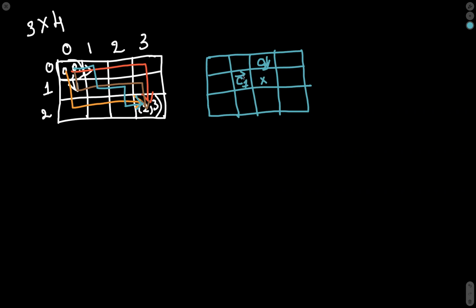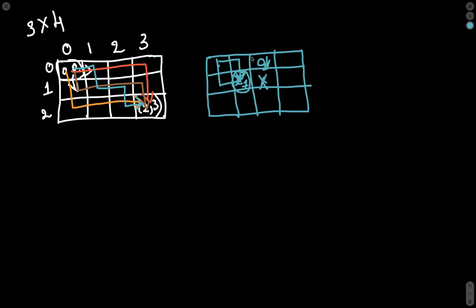So for reaching this cell, I'm just decrementing my column and the row remains the same. And for reaching this cell, I'm just decrementing my row and the column remains the same. Eventually my plan is to get the total number of paths to reach this cell. So I'm calculating all the total number of paths to reach this cell, like from here to here, and here to here, something like that. And all the paths where I can reach from the starting index to this cell. If I sum those two things, that would be my answer.